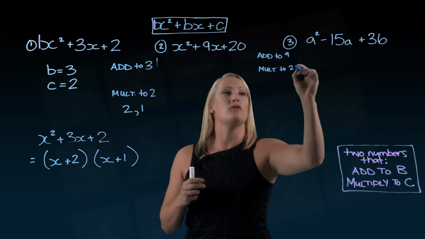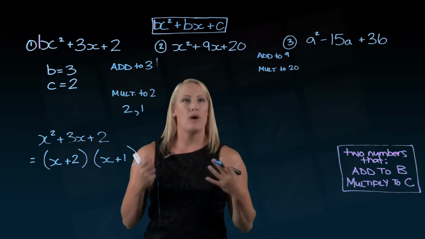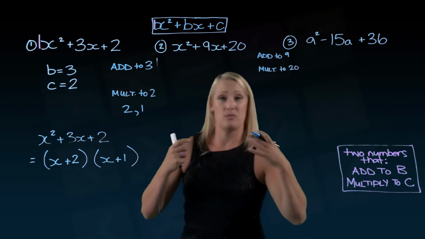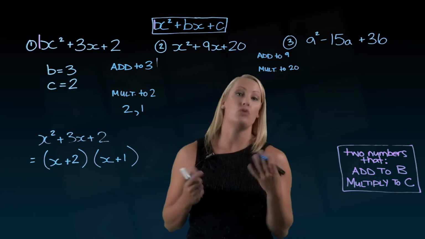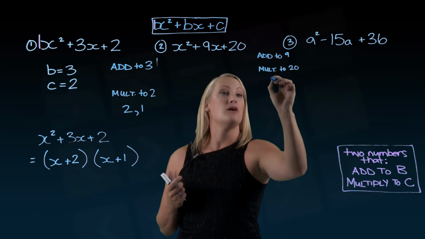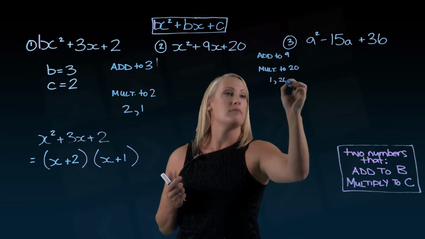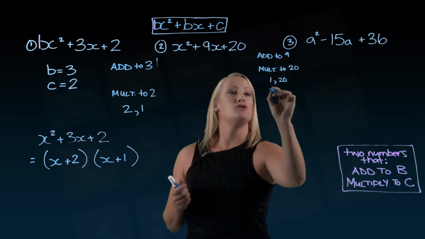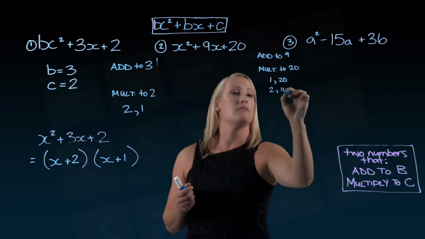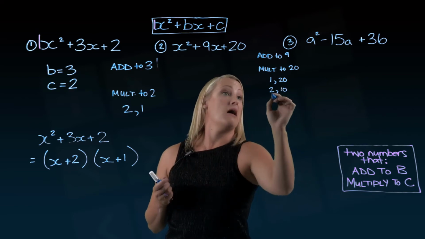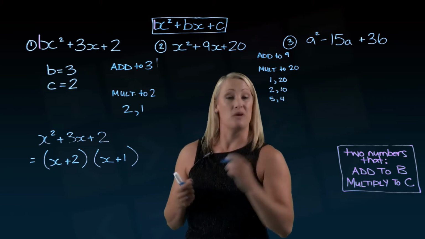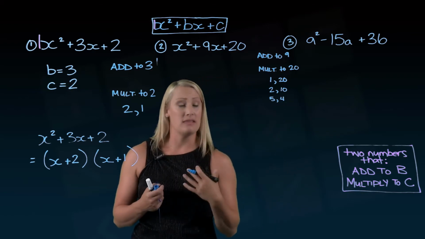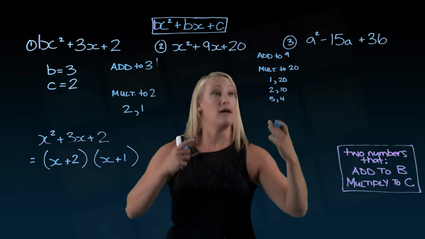And again, there's more than one way to do this, but the way that I think is the most easy to follow is to first worry about multiplying. So let's think of the ways we can multiply to 20. So 1 times 20, well, that equals 20. 2 times 10, that equals 20. 5 times 4 equals 20. And those are the only ways that I can think of that we can multiply with positive numbers